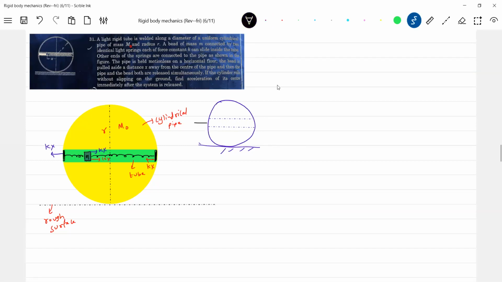Okay, spring force will be Kx. How should the rolling friction act here? It should act backward. Acceleration of center of mass. How should the torque be about the center of mass? Will there be any torque due to spring force? No, the spring force will intersect the axis of rotation. That's the initial setup.